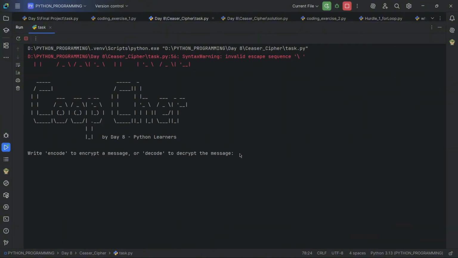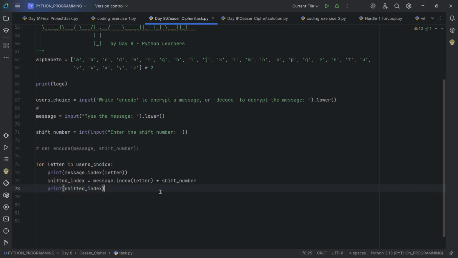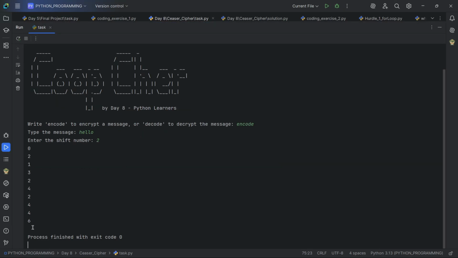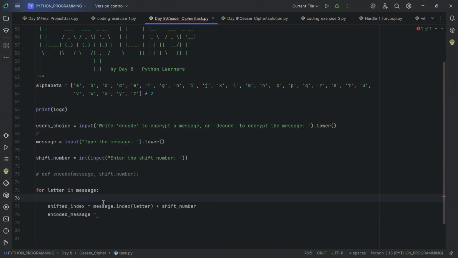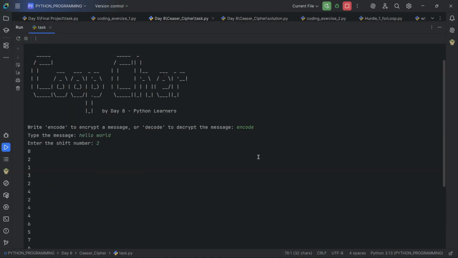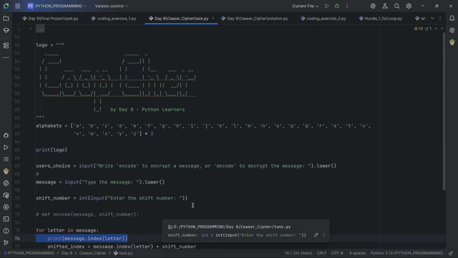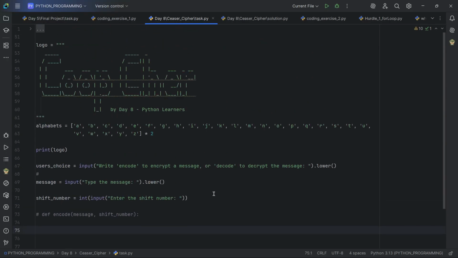Let's see. Yeah, it's working. Here it should stay empty. Maybe my logic is very wrong. What I need to do is forget about this. Oh, I think whatever the character. That means